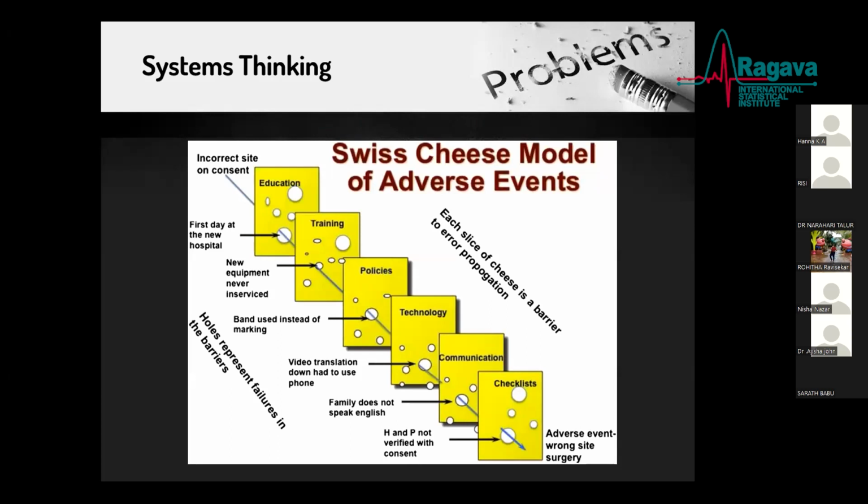Again, a very familiar picture is the Swiss cheese model. When we talk about systems thinking, we cannot miss this great Swiss cheese model. As you can see in the picture, it's self-explanatory. This model was introduced by the British psychologist James Reason. The Swiss cheese model represents organizational accidents, and has been widely embraced as a mental model for system safety. What do we mean by that, basically?